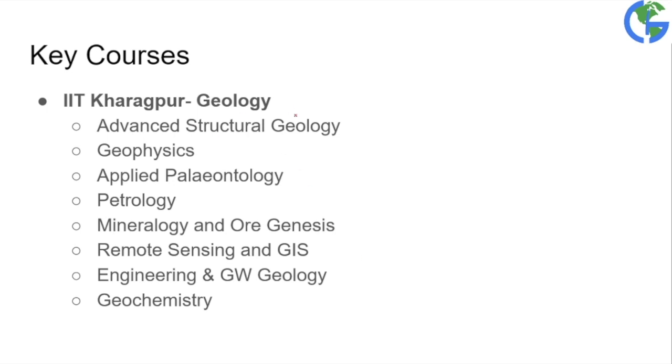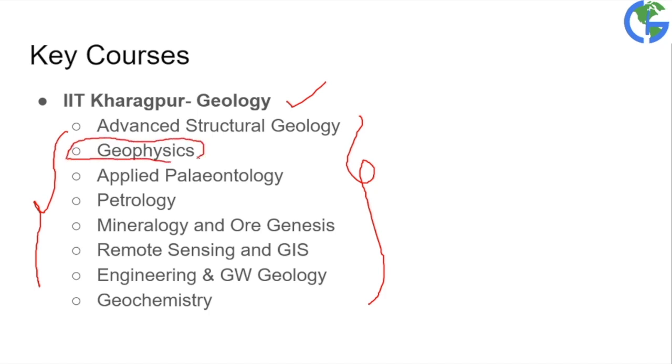Now let's look at the IIT Kharagpur Geology, in which the subjects are more or less the same, the key subjects, of course, because all these institutes are teaching geology, right? So these subjects need to be there, but there are a few differences such as geophysics, right? IIT Bombay Applied Geology does not emphasize geophysics that much, but you'll get that in IIT Kharagpur Geology, where in 1 or 2 semesters you'll study about geophysics, all these methods and all, right? Then there is paleontology, petrology. In this all three petrologies are there, so the rest is the same, right?